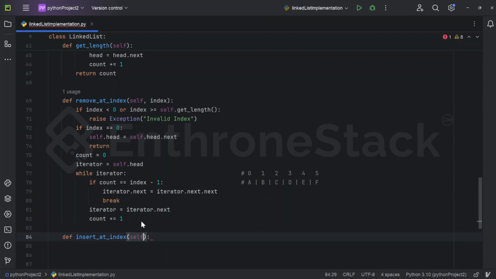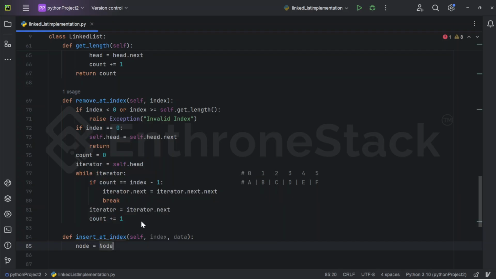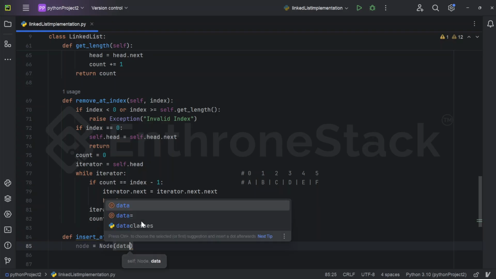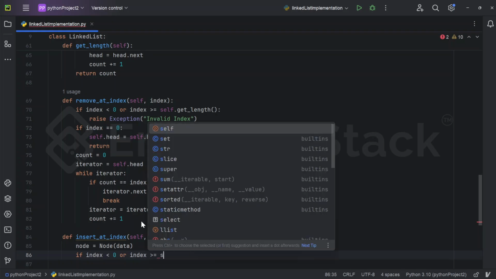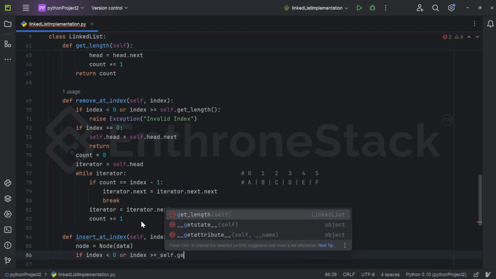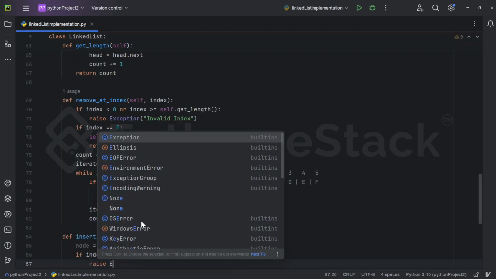So this takes in an index and the data we're trying to insert. Let's create an instance of our node class here. Let's take in this argument of data. So let's give some conditions, same conditions. If index is less than 0 or index is greater than or equal to self.get_length, then raise an exception